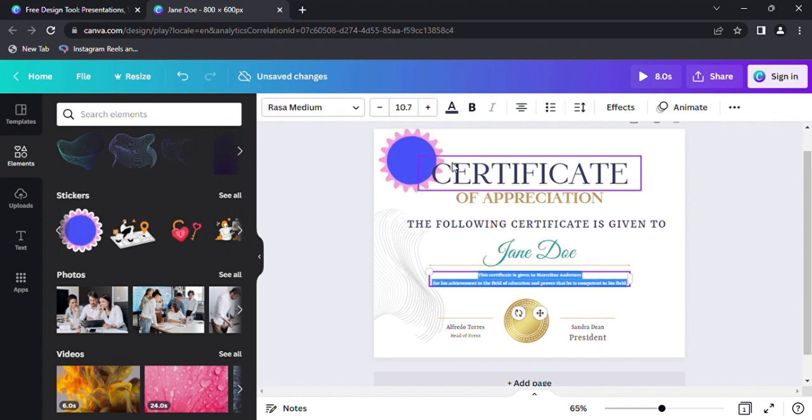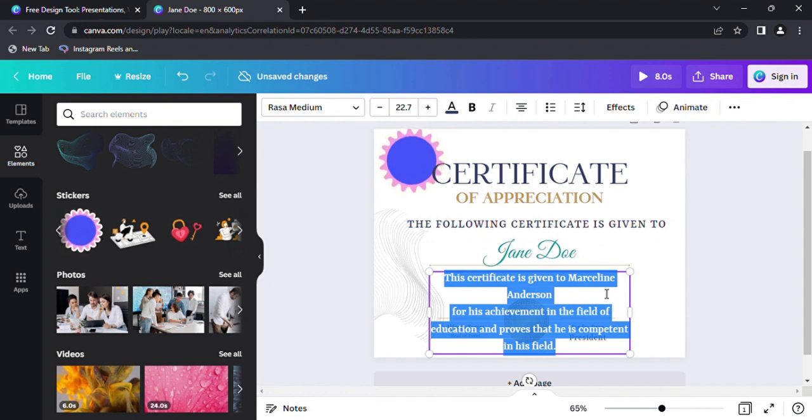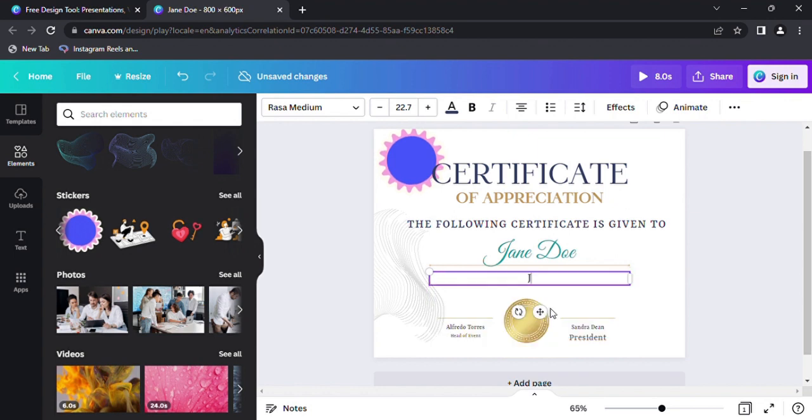And we want to customize this. What do we want to change it to? This certificate is given to Madeline Anderson for the achievement in the field of education. Proves that he is competent. I think I said the name wrong, but you get the gist of it. We'll change that to the certificate is appreciation for Jane Doe for,